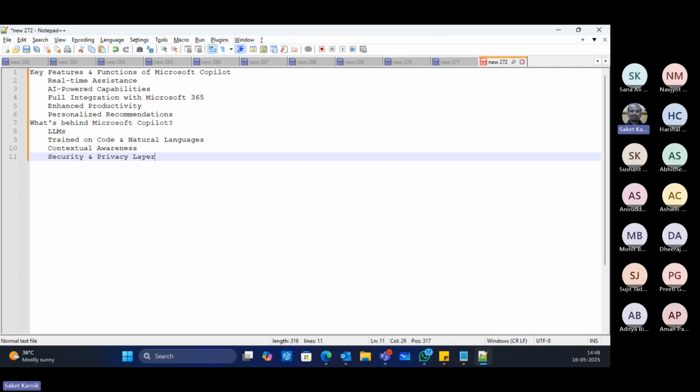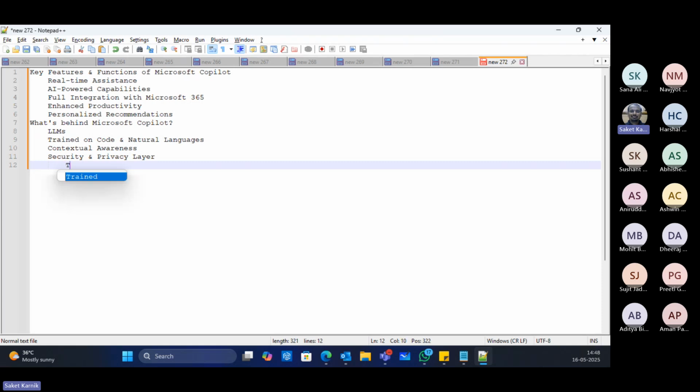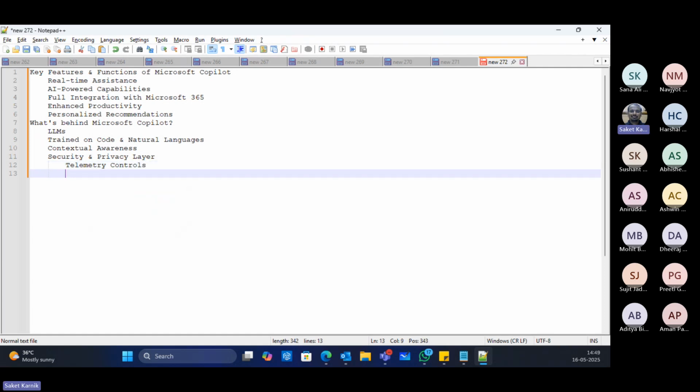So depending on my need, my security concerns, and my privacy requirements, I should be able to control all these things. For this, the security and privacy layer provides us something called telemetry controls, which allow me to select or unselect what can be submitted to the backend services of the Copilot, and so on, right? Then the next thing that we have is code referencing